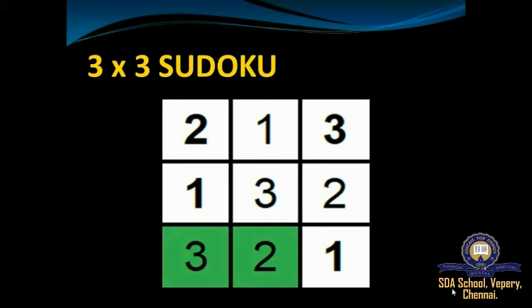Similarly, the sum of 2, 1, 3, that is the horizontal row, is also 6, which means that the numbers must not be repeated in a row and column, but their sum must be equal to the same number. Understood, students? The sum of each row and each column must be equal to the same number. You could see that from the first row, the sum is 6. Similarly, from the second row, you could see that 1, 3 and 2, right? The numbers are not repeated over there, and the sum is also 6.